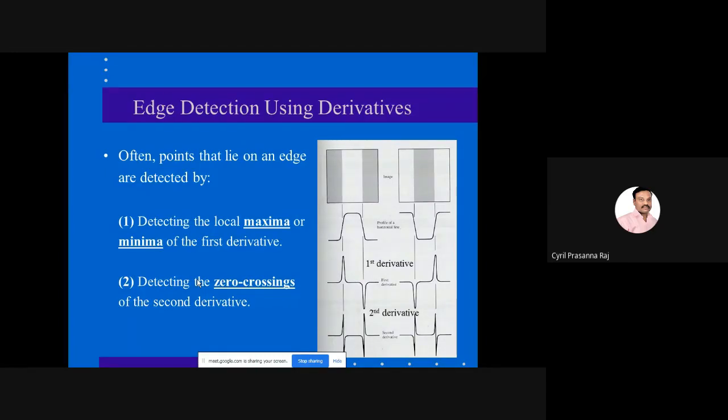Now let us take a simple example of these pictures here. We have a picture on the top with grayscale, white and gray. On the left, another image where you have white, gray and white. If you plot this image in terms of intensity levels, all the gray will have a very low value, 0, and all the white will have a value of 255. Because there is a small transition between gray and white, you find a ramp kind of edge. Similarly, on the other side, there is a ramp kind of edge, but ideally this picture is a step function.